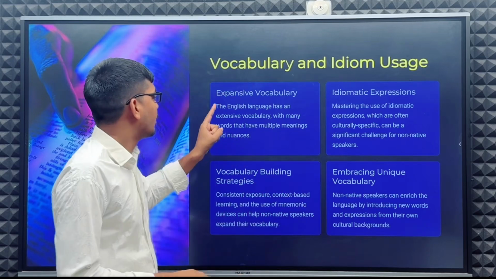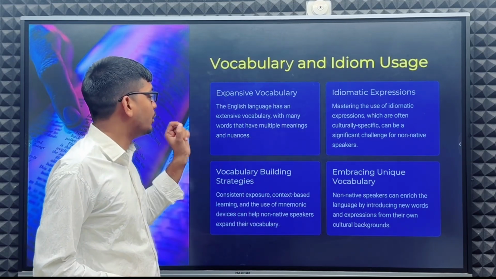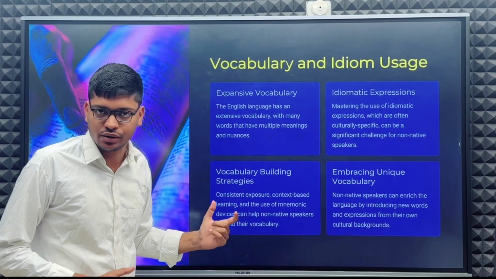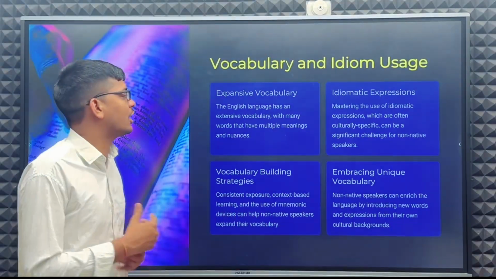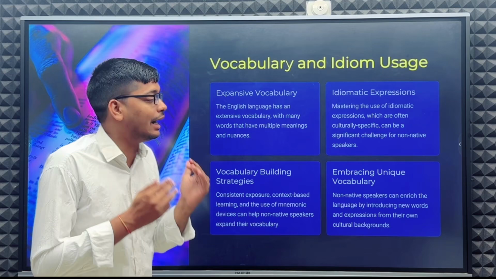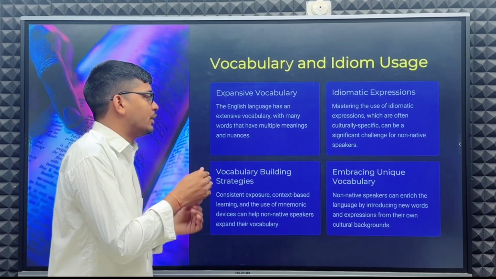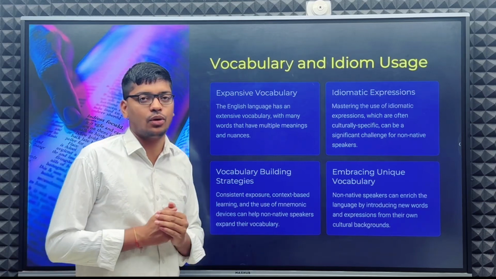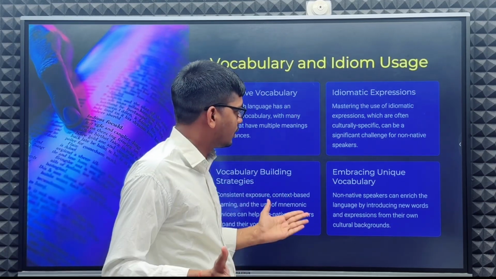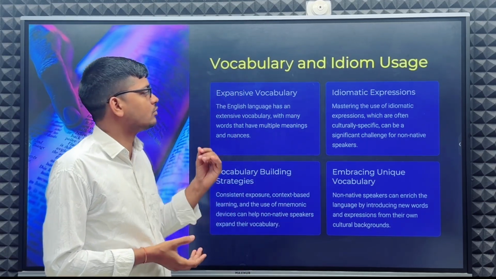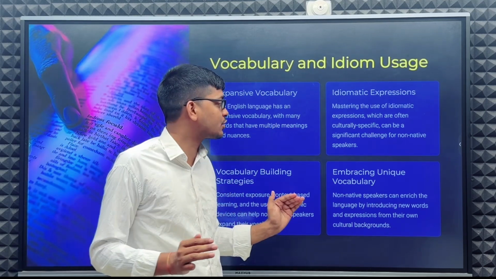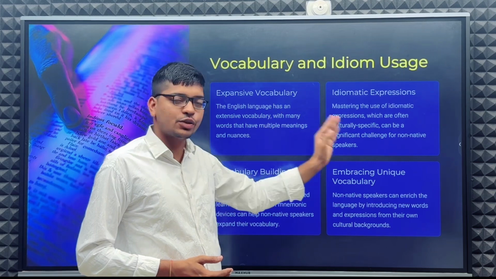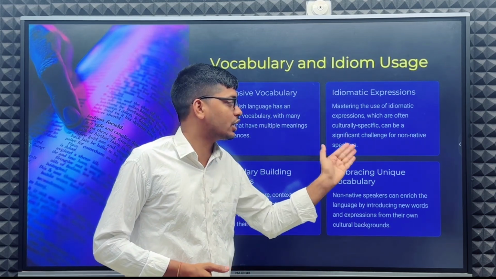Okay, the English language has an extensive vocabulary, with many words that have multiple meanings and uses. Idiomatic expressions, which are often culturally specific, can be a significant challenge for